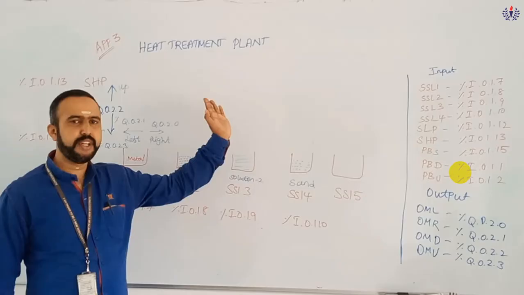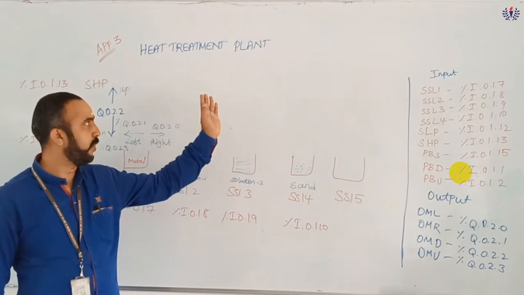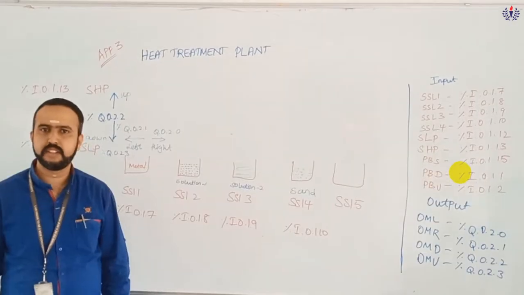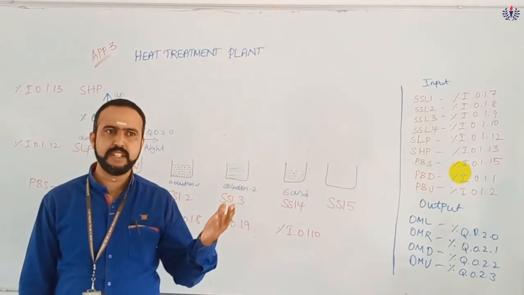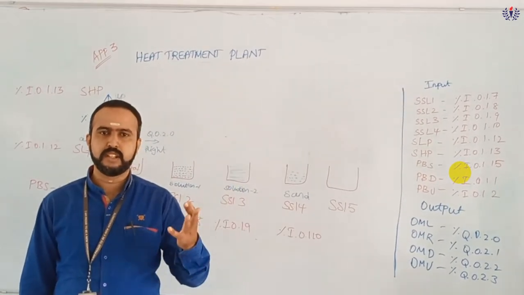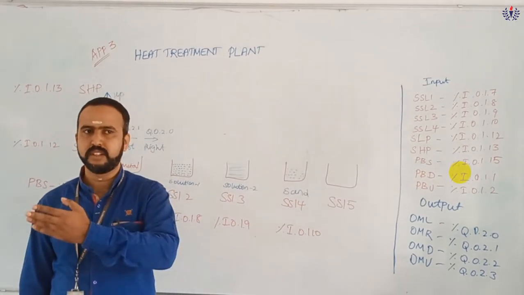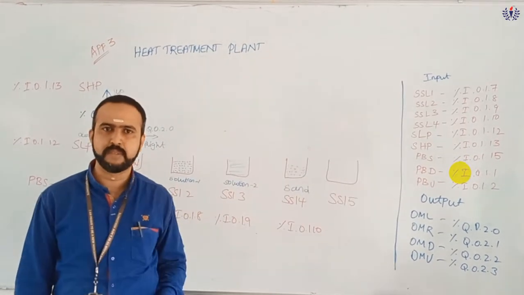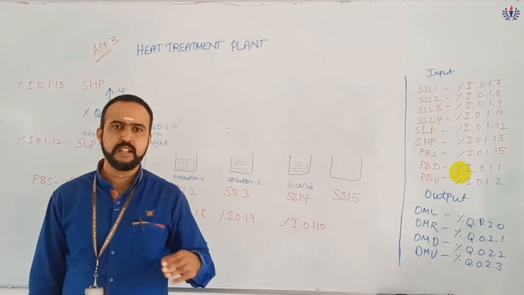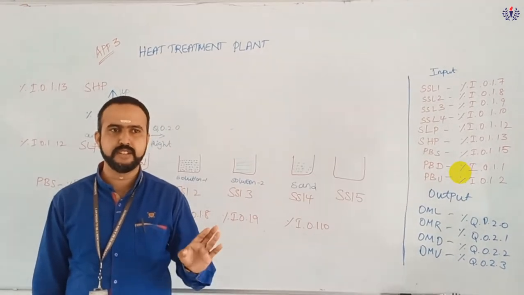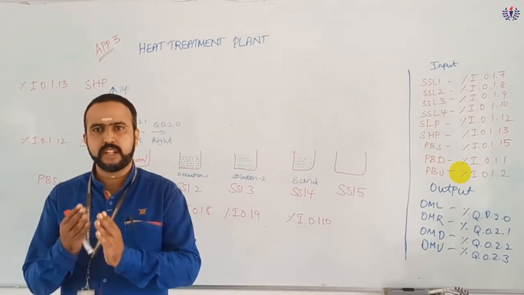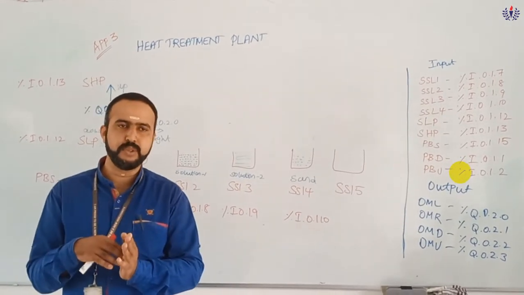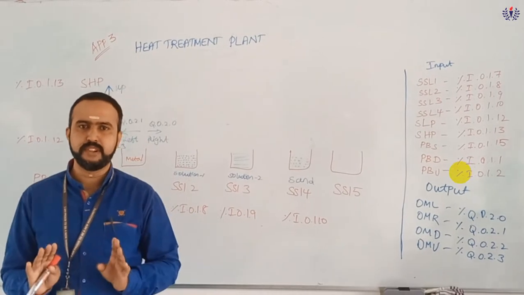So yes, we can see the introduction. The heat treatment plant we are going to see. In the previous cases you might have studied the heat treatment plant, which was of two types. The first one takes the first slot, then goes to the second slot, then the fourth slot, and once again it will come back. That was the first application. The second application was looping. If the condition is satisfied, I will validate it. If not, I will go for an additional step, that is dipping in one more solution. That was based on the up arrow and down arrow, which we might have seen.